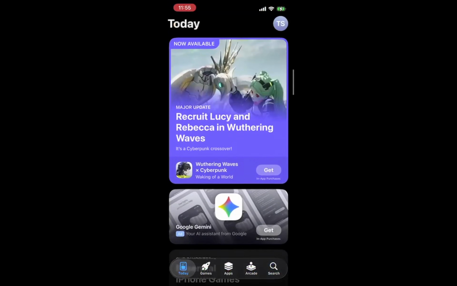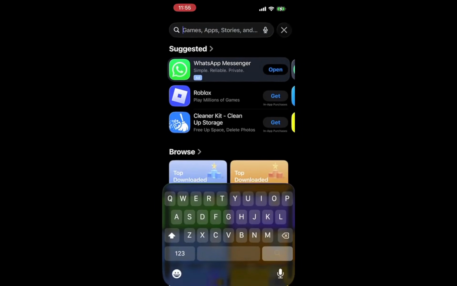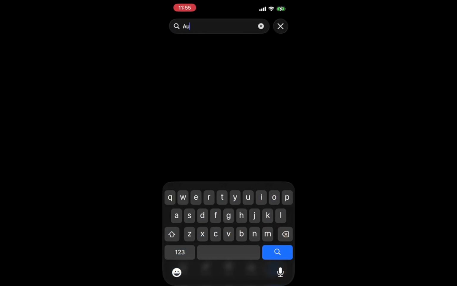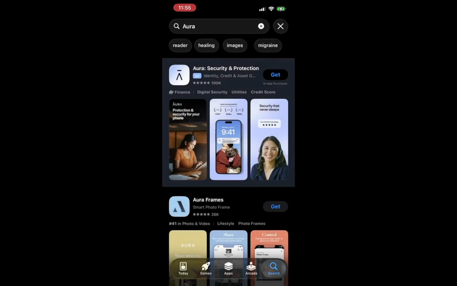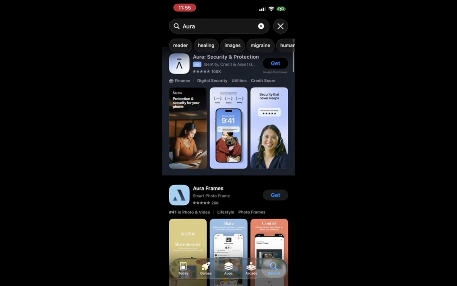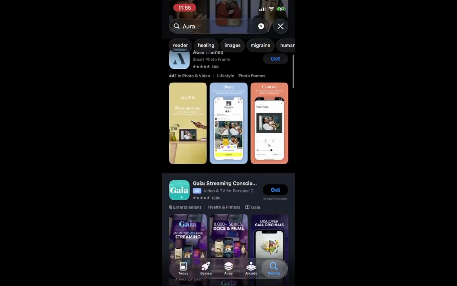Once you are in the App Store, it's time to search for Aura. In the search bar at the top, type the word Aura. Be sure to look for the official app created by Aura Sub LLC. This is important because it ensures you are downloading the legitimate app that provides the security features you need. Identifying the correct app is key to protecting your personal information and making sure you receive updates and support directly